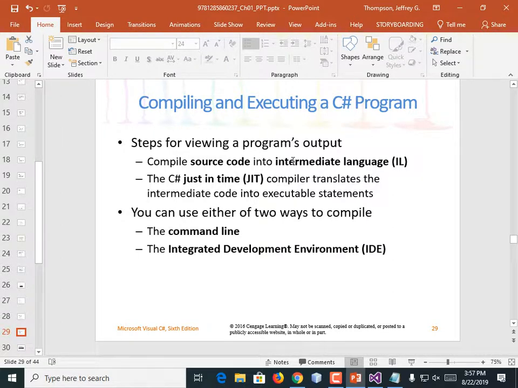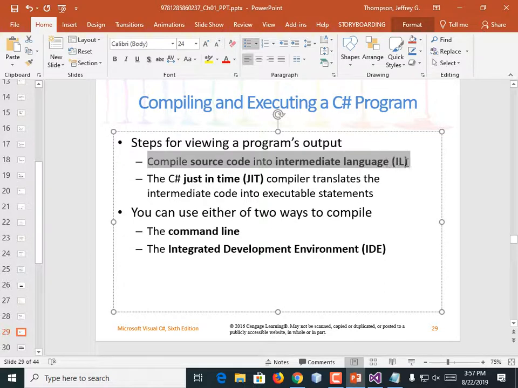So, steps for viewing a program's output. When you compile your code, it doesn't create an executable like in C++. It's more like Java. Remember I said that C# is Microsoft's answer to Java after they got sued by Sun. It gets compiled into an intermediate language, and then that intermediate language is run by the so-called just-in-time compiler.